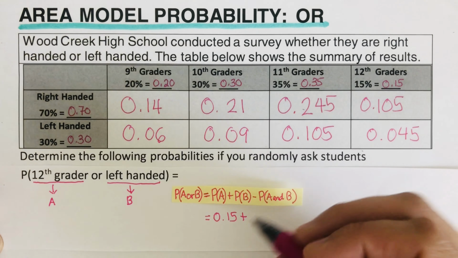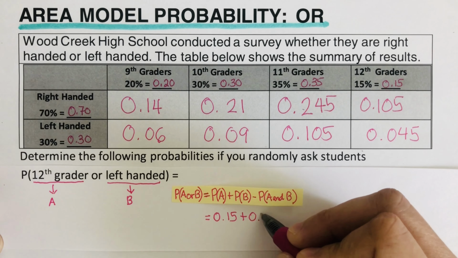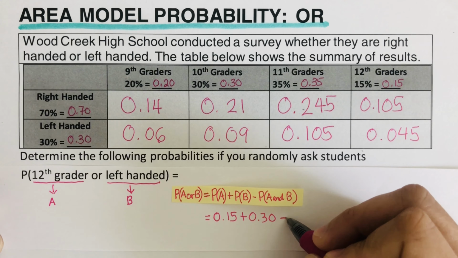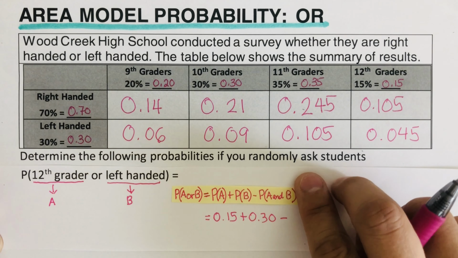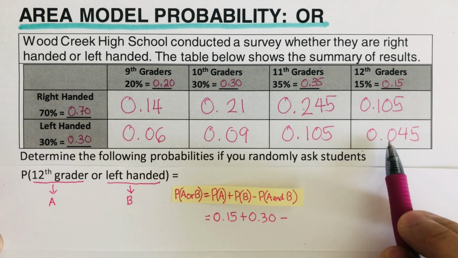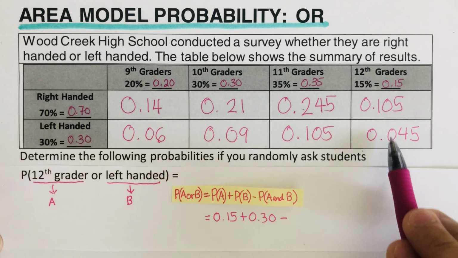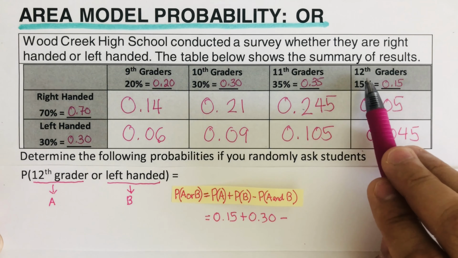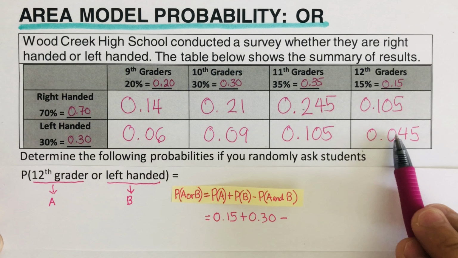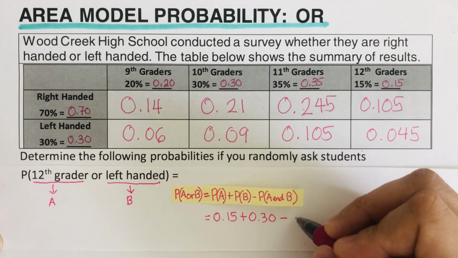So I'm gonna put plus 0.30 and then minus the probability of A and B. Remember, all these numbers are AND. So this probability is 12th grader and left-handed is